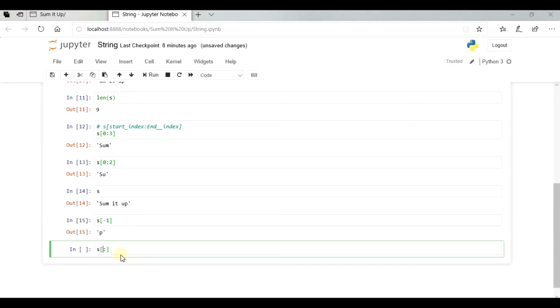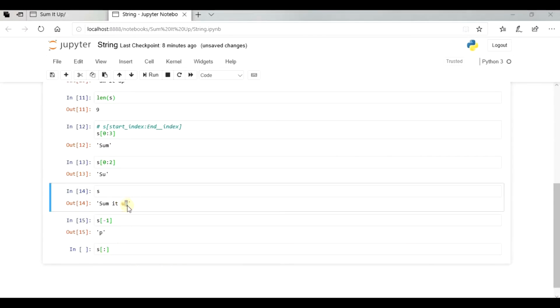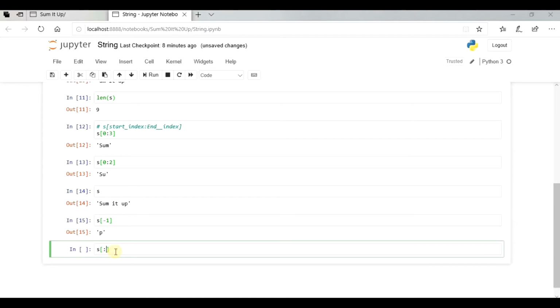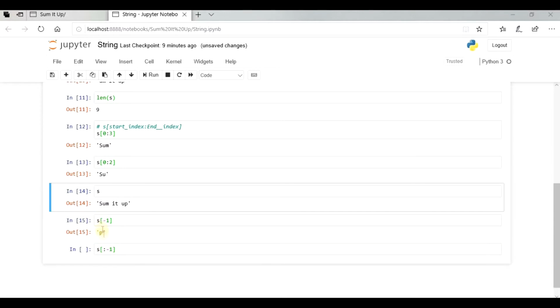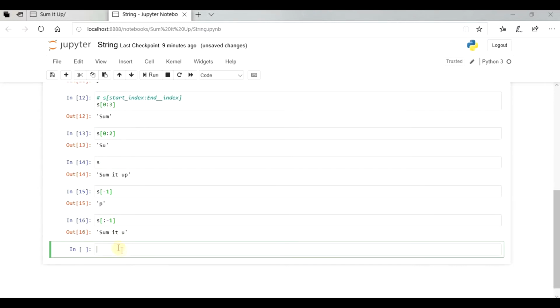So let's not put anything here, and you don't want this last character P, so you can simply do -1, just like we did here. So it will start from 0 and stop at 2. It will not print this P because we are using the -1 index. So just hit shift enter and you can see the last letter is skipped.